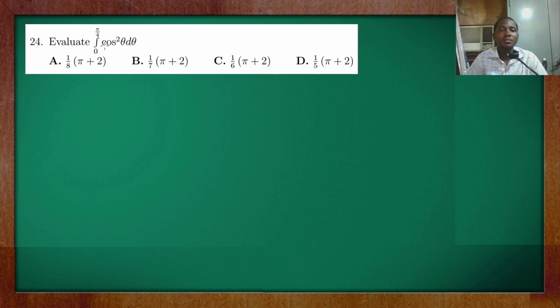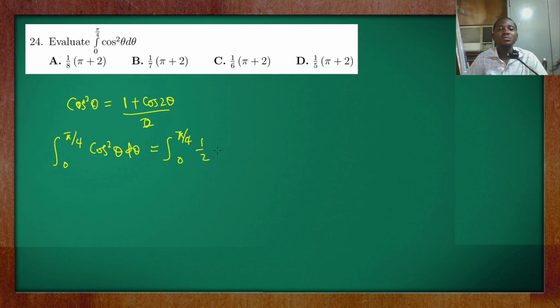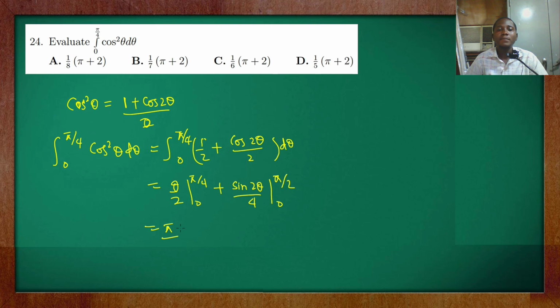Here we have to evaluate the integral of cos square theta d theta from 0 to pi over 2. Now you recall from your trigonometric identity that cos square theta itself can be written as 1 plus cos 2 theta over 2. So here the integral from 0 to pi over 4 of cos square theta d theta is still the same thing as saying the integral from 0 to pi over 4 of 1 over 2 plus cos 2 theta over 2 d theta, right? So if we integrate this, that means we have theta over 2, from 0 to pi over 4, plus sine 2 theta over 4, from 0 to pi over 2, and here that means we have this to be pi over 8,